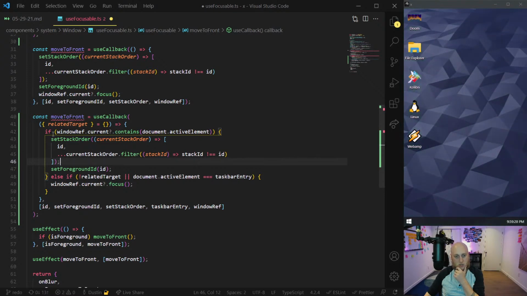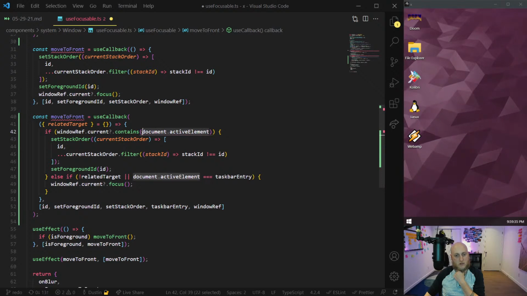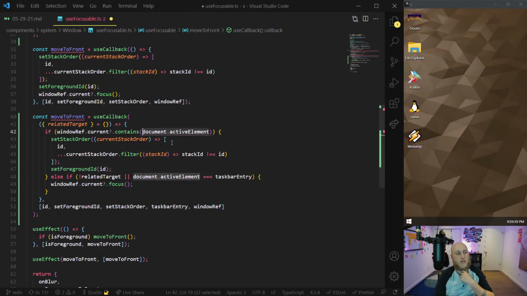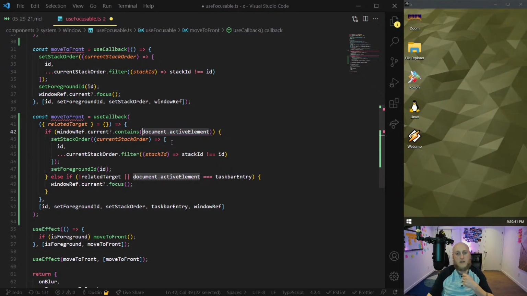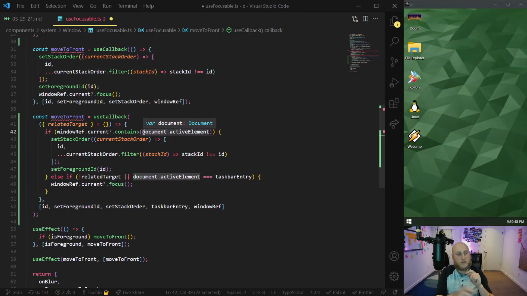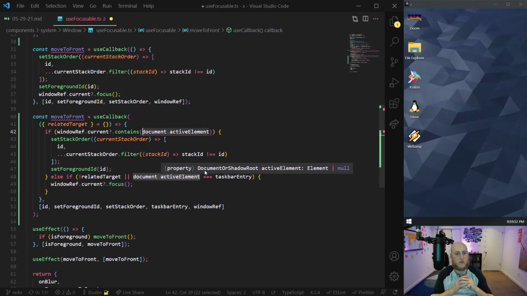And then what I'm doing here is that I'm using that to check for it. So how's this condition start here? So based on the current window, to see if it contains the active element, right? Okay, so that's reasonable. So now I'm saying if I click within, let's say, the active element is whenever you click on the browser, it will become whatever document.activeElement is, assuming that it has the ability to be focusable.